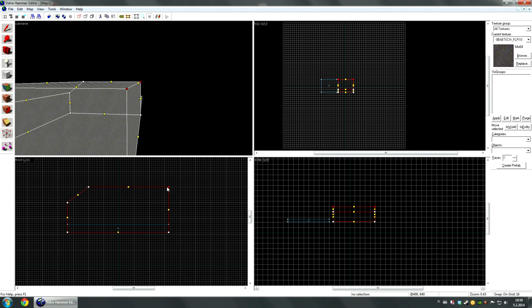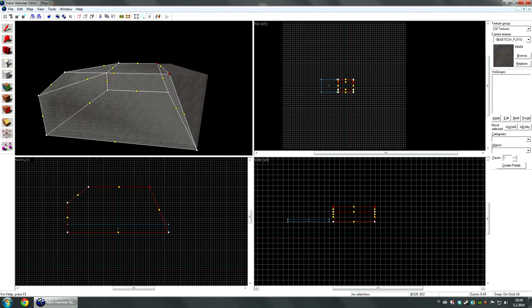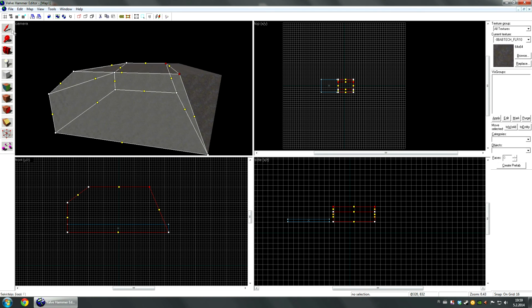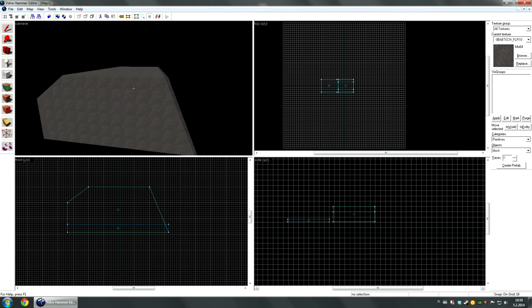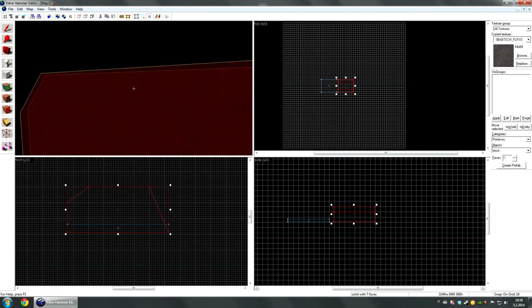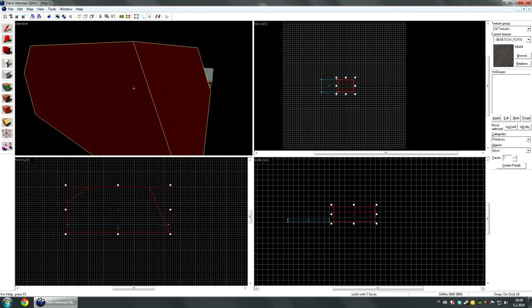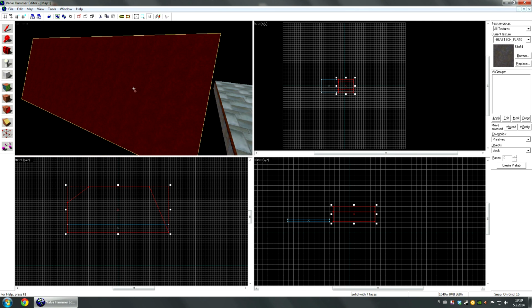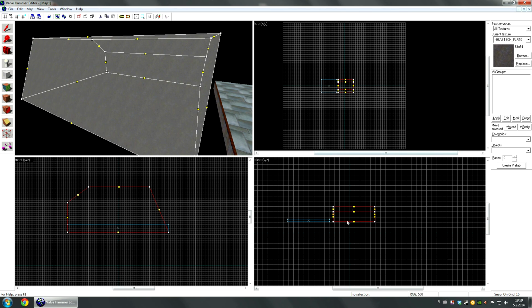And now I can just drag it wherever I want, like this. I'm gonna put it there, for example. Then when you want to exit this tool, just go and take the selection tool again, and you can see now it changed. It didn't remove anything, it only changed the shape of the item. You can also select